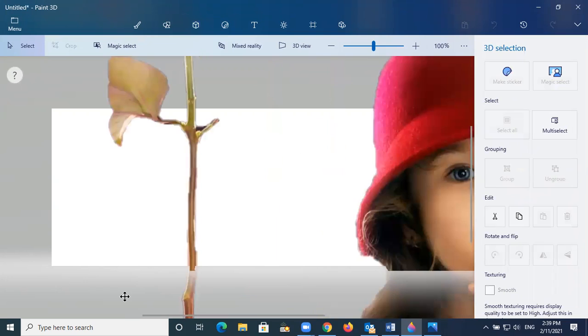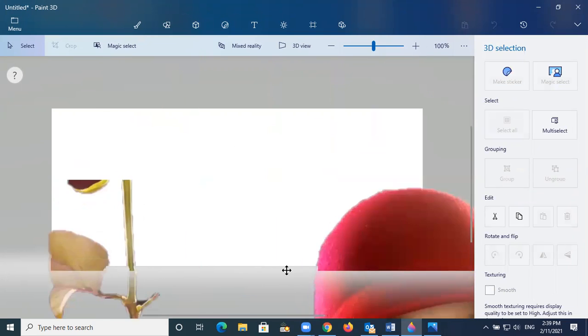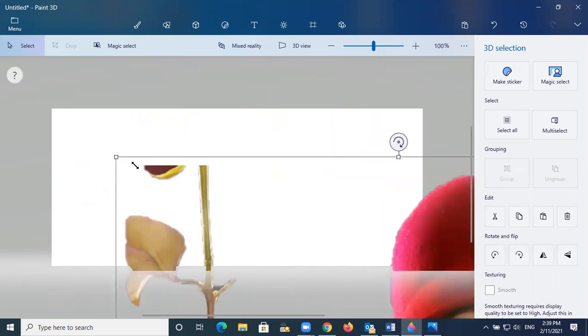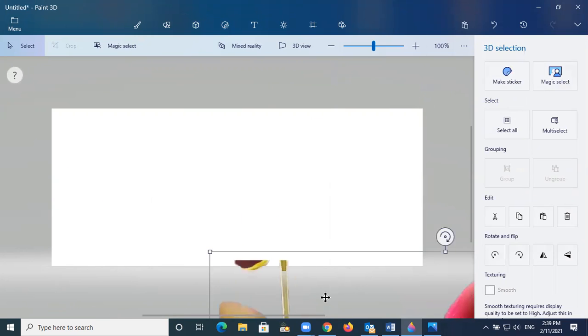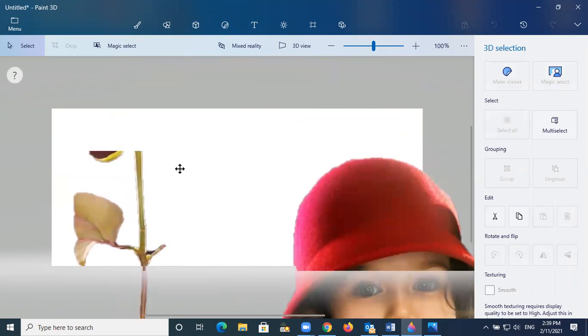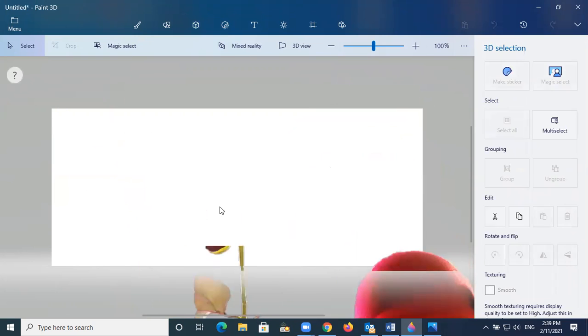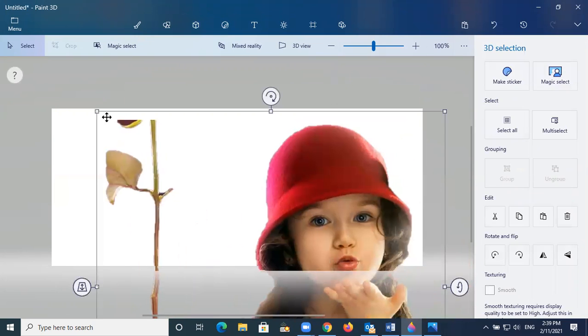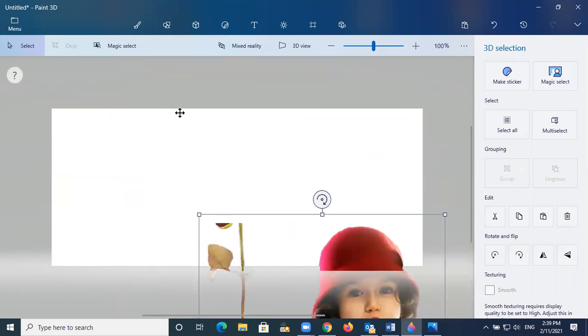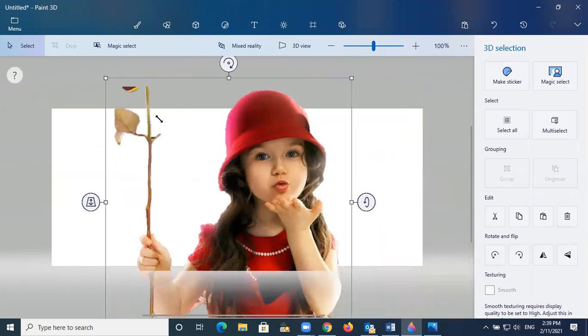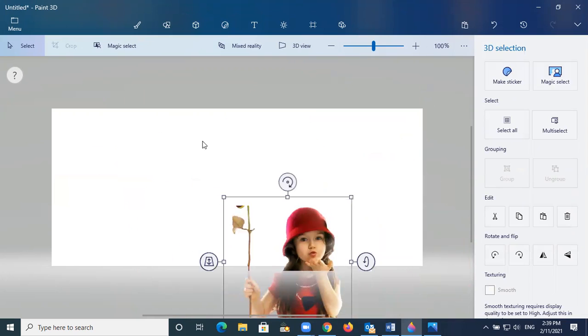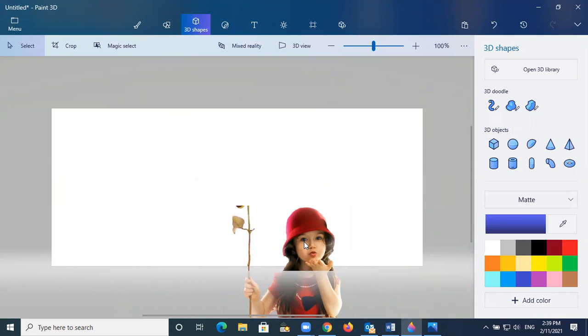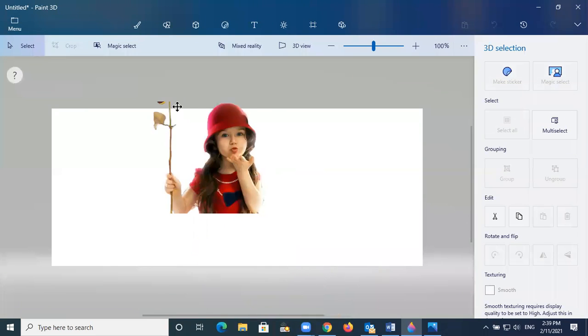This is there without the background. You are just bringing the girl here, but you don't want to put it under any background. See, this is the girl without the background now. Sometimes it is stuck.